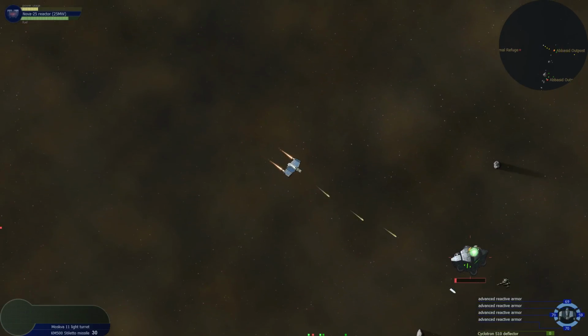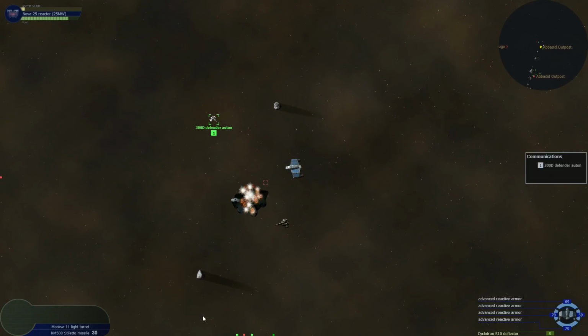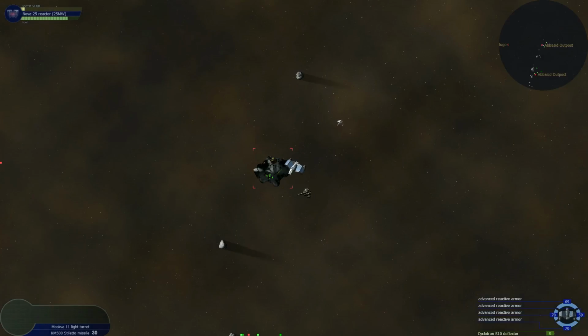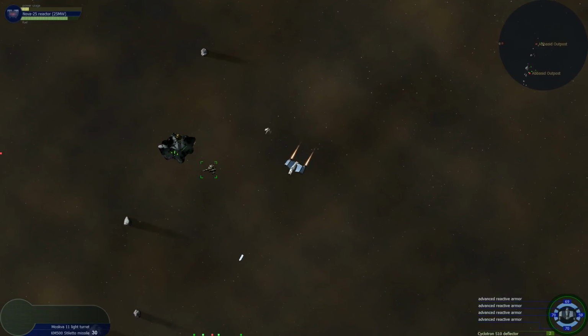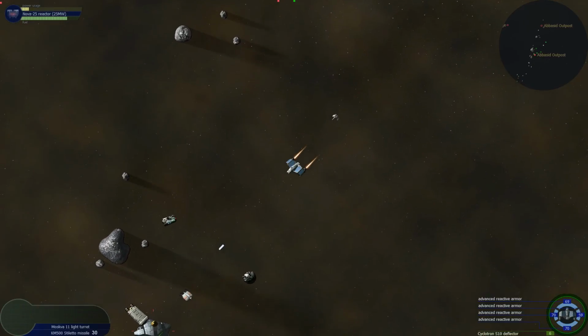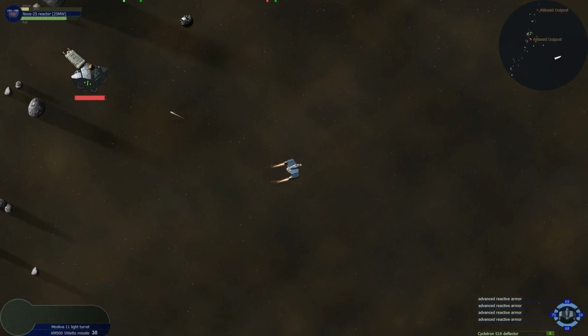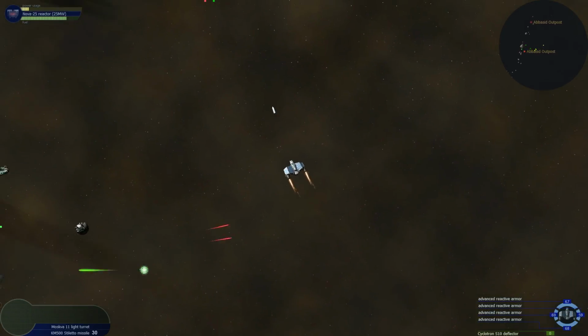And almost. There we go. Oops. Damaged array, but nothing else. Oh, that's too bad. And of course, salvagers took everything else. Okay, how about this one? Oh, no, I'm not gonna do this. My shields are not...